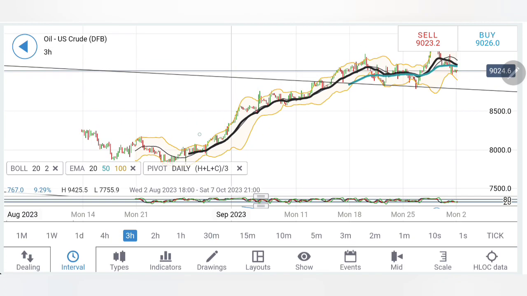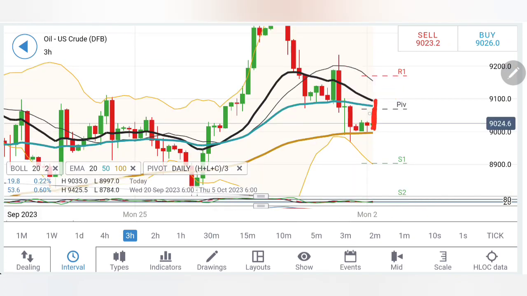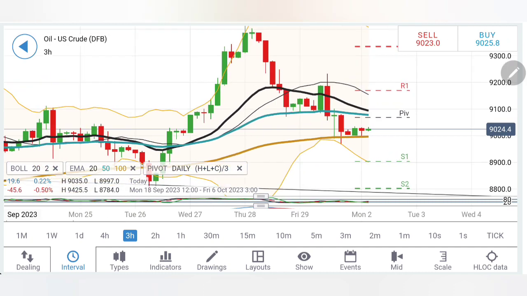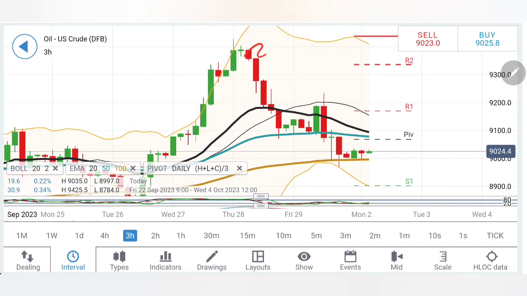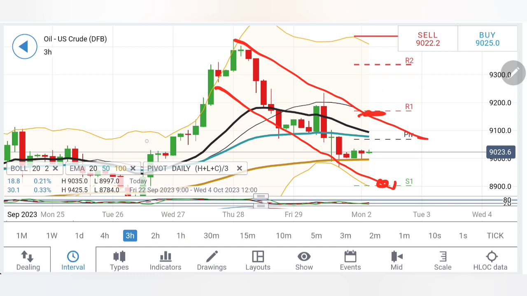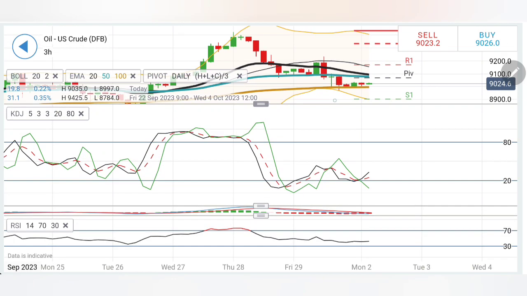Coming to the 3-hour charts, if you note, the moving averages have converged. These have not yet crossed over. It is still not bearish. At the same time, one must note that it is still yielding lower highs and lower lows, staying in this bearish channel. The bottom of the channel is somewhere at 89 levels and the top at around the 91.8, 92 zone. It is trying to retrace. The first resistance zone should be at 89.8 to the 91.2 zone.